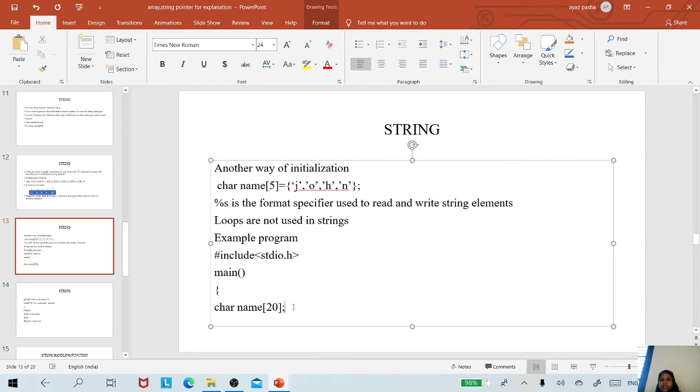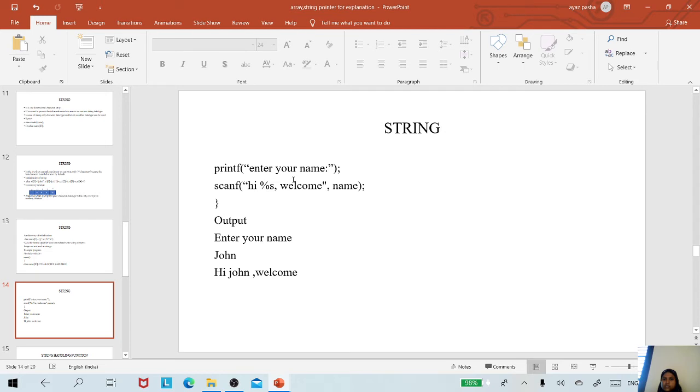I am declaring a character variable here which holds 20 characters. name is a variable whose data type is char and it can hold 20 characters. Enter your name.